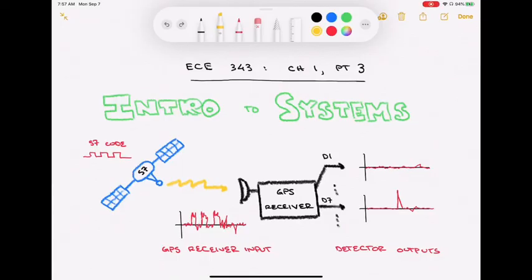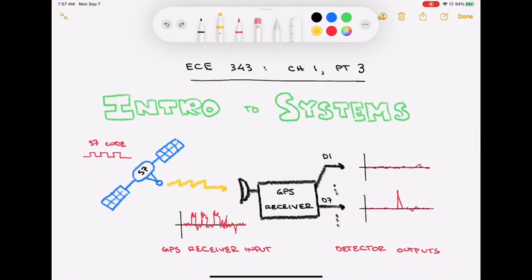So this is ECE 343, Signals and Systems, third part of Chapter 1. In the first two parts of Chapter 1, we talked about signals, the description and properties of signals. In this particular part, we're going to transition and start talking about systems. A system is an object or device that takes an input, processes it, manipulates it, changes it to create an